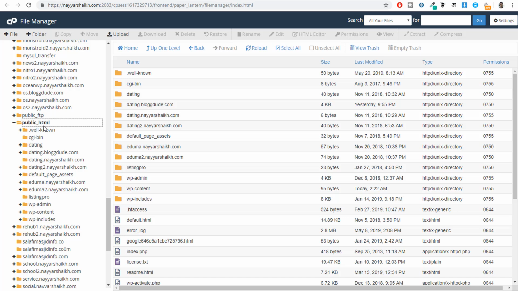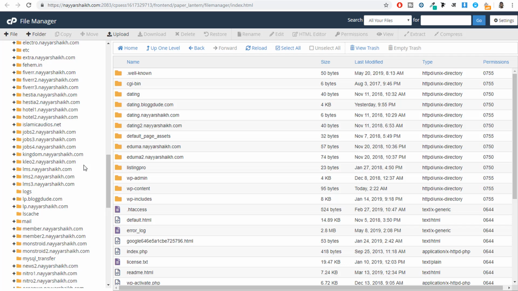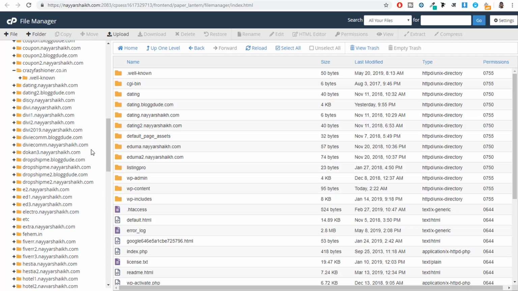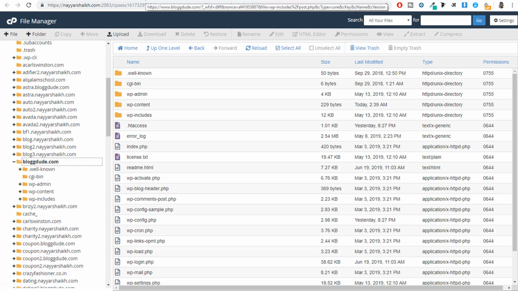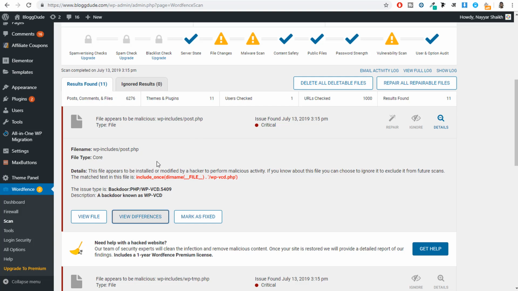So make sure to select public HTML from here, and if you want to use this on some other website that you have hosted on the same hosting, then select that website file. And now let's search for that file. The file link, or that file location, you can see from here. File name: